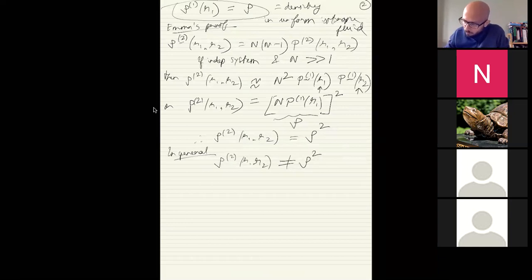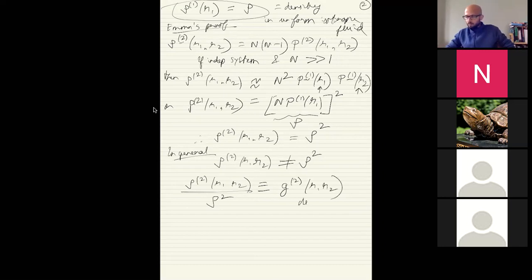So in this case, we define this difference between both of them, rho R2, R1, or the ratio of both, as being the... what did we call it? Some books call it correlation function, some books call it decorrelation function. It's the same thing. So we are going to call this G2 of R1, R2. Okay, so this is our decorrelation function, which